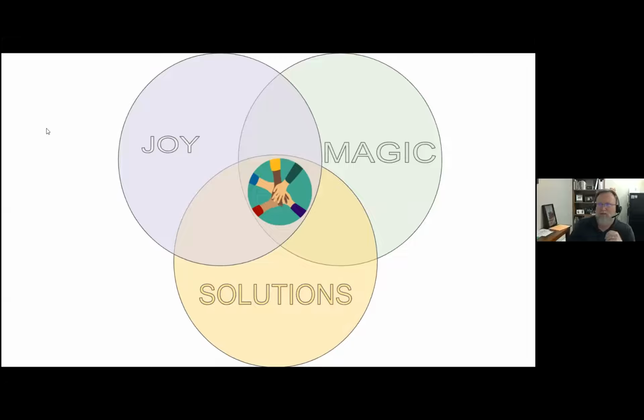And it is this. It's a Venn diagram. So this might take some of you back to school, but there are three circles, and we're focusing on trying to get to this middle part. What is it that I should do? What is it that my organization can do? And the first one where I usually start is with joy.